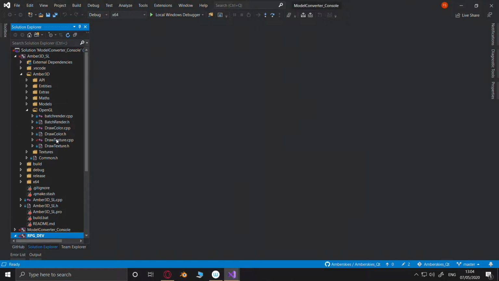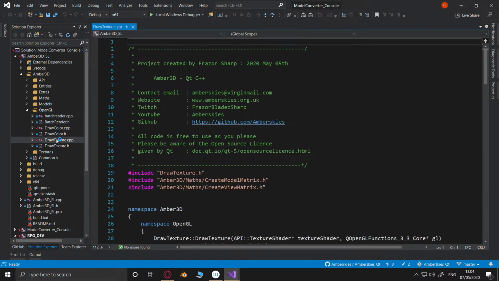And to fix the texturing, we just open this. So it was a copy and paste error. Was it something I copied and didn't correct? Or was it something I didn't copy? Well, that's the point. When copying and pasting, you've got to think about what you're copying from and to. And we copied from colour to texture. And there's one thing that textures have that colour doesn't. And that's a texture.